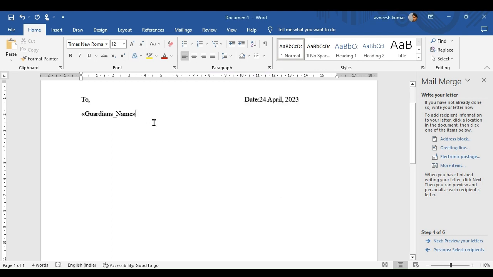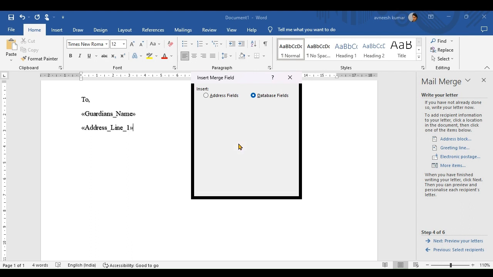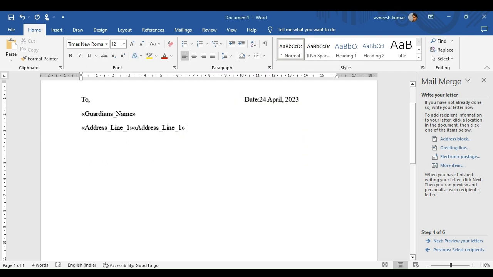Then again place on enter button, click on more items, pick address line 1, then if this is repeated, one field is deleted, then you can just select your backspace, press enter, again click more